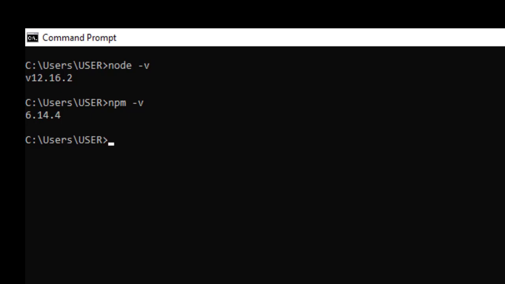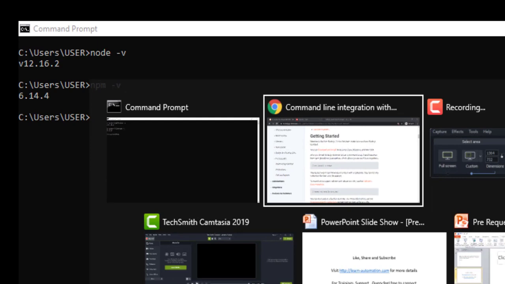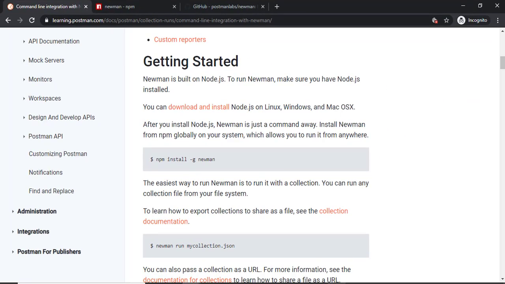In case you want to cross-check, we already have npm installed on our system, and you can see the current version at the time of recording is 6.14.4 and the node version which I'm using is 12.16.2. So maybe you will have the latest version or an older version, that's fine. It should work with any version because there's no compatibility requirement mentioned here.